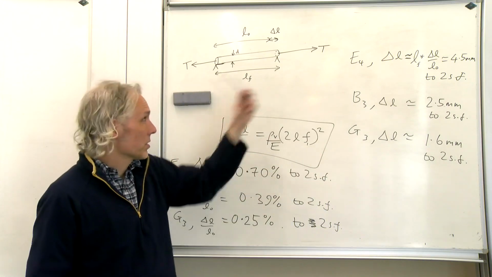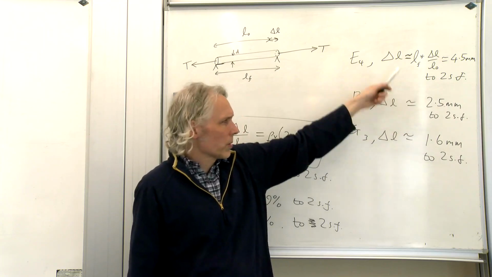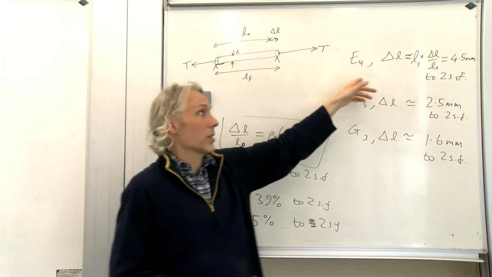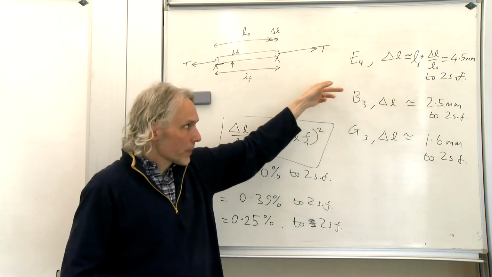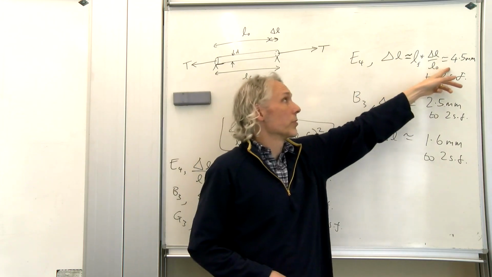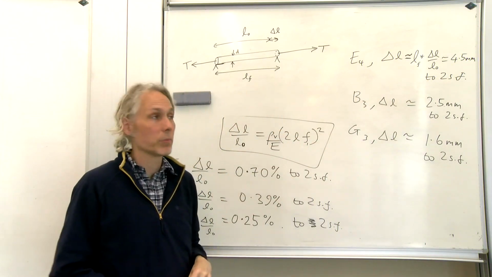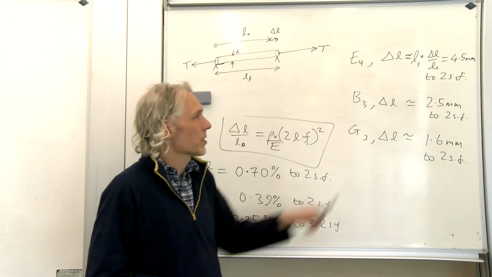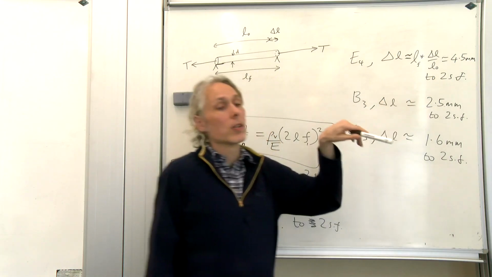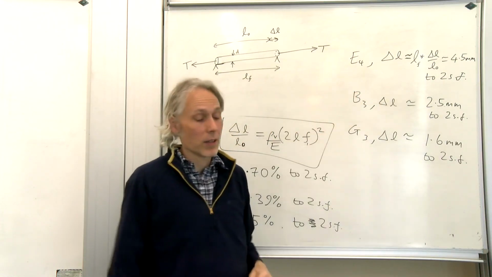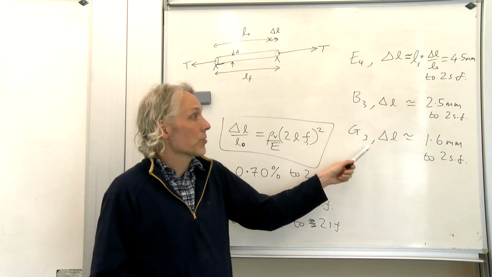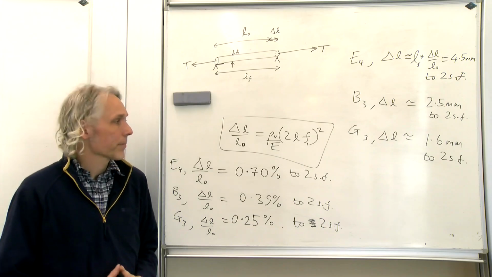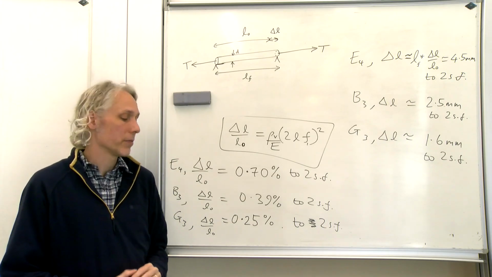So these numbers are closer to what you'll observe if you put on the string and then actually turn the tuning peg so that the string is getting shorter by 4.5 millimeters. That will make it go essentially completely flat to the point of being no tension. So this is about how much you would have to loosen the string by to get it slack again. For a G string, it's only 1.6 millimeters to get the string slack again after it's been tuned up and ready to go.